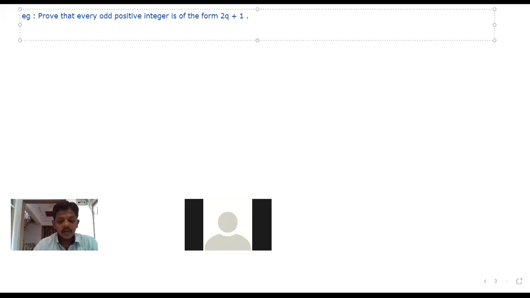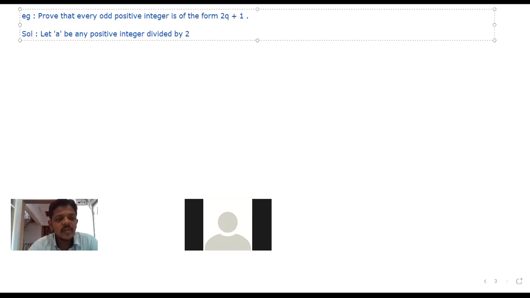Now solution. Now this is very important. You will compulsorily write the solution like this only, in this format only. This is the most appropriate format. Now see how I'm writing. First write, as we write, I will explain. Let a be any positive integer. We don't know whether it is odd or even. We want to check what will be the form of odd integer and what will be the form of even integer. So let a be any positive integer divided by 2, because we want the form 2q plus 1, so we are dividing by 2.